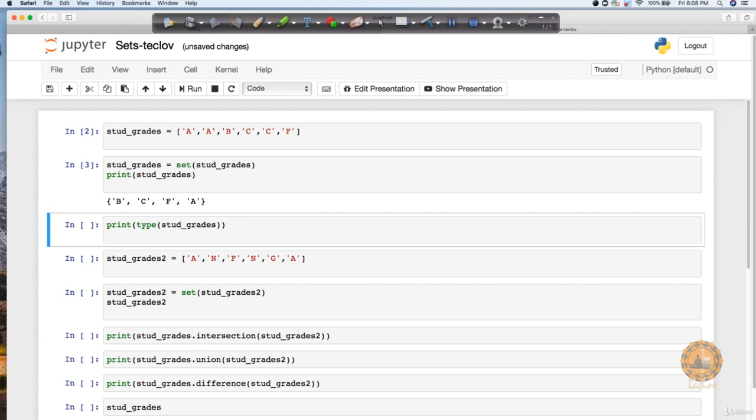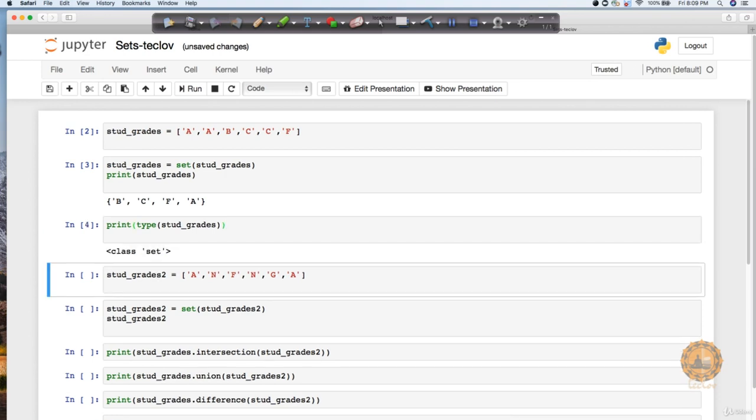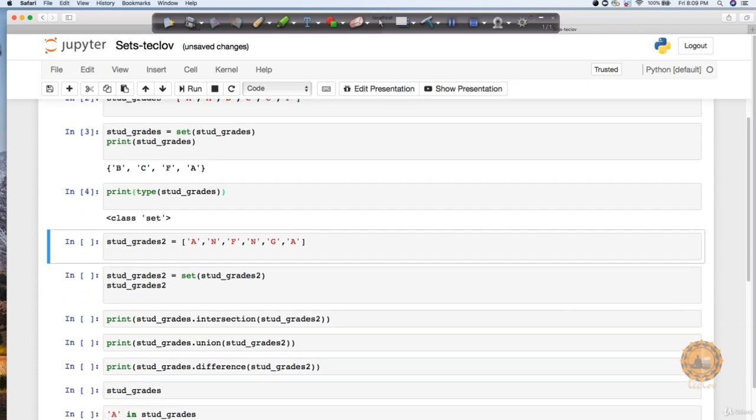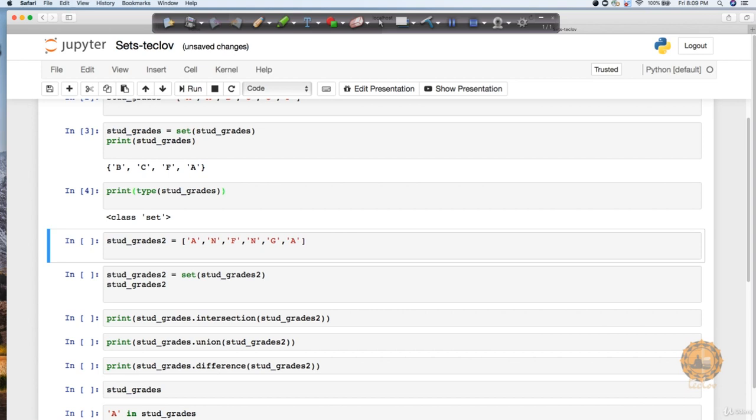But in my final output, when I converted it to a set, the duplicate values are removed. If you want to see the type of it, it's going to tell you that it's of class type set.